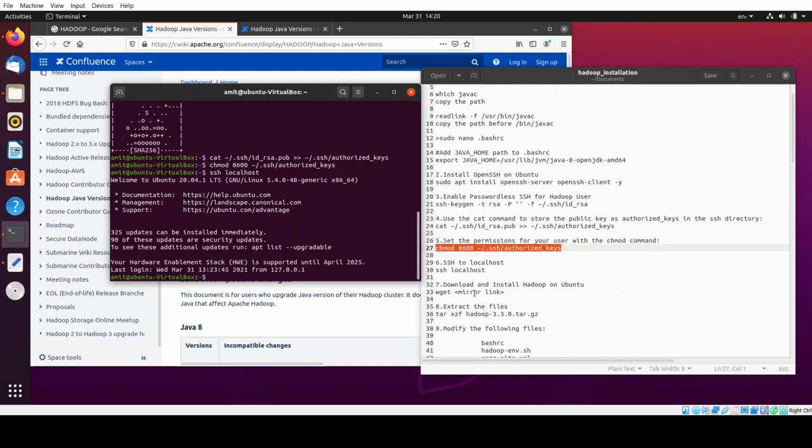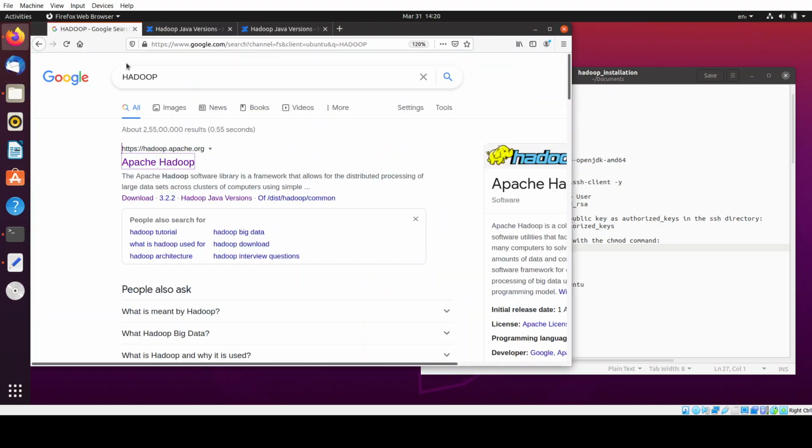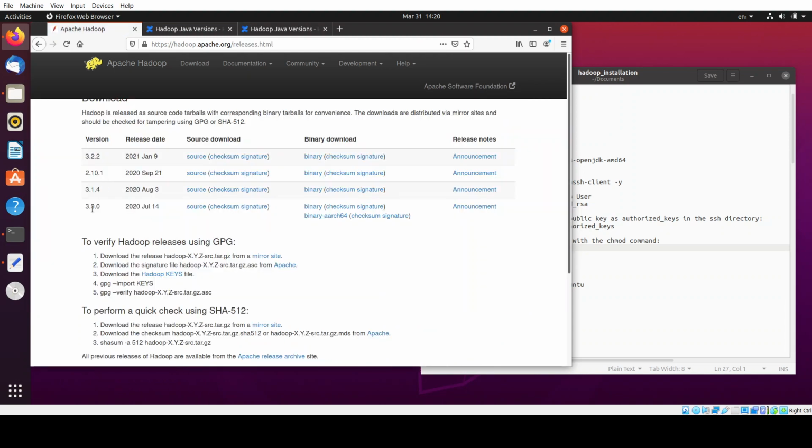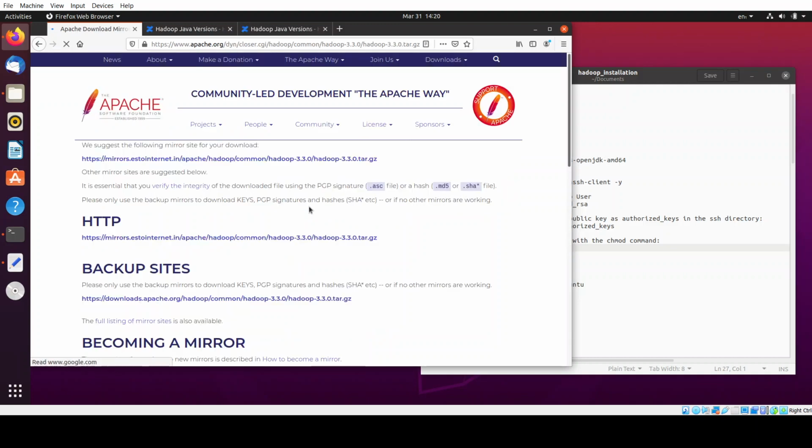Now the most important thing, we need to download and install Hadoop on Ubuntu. So we'll get the file. On the Hadoop website, in the download section, you will find the various versions of Hadoop whichever you want to download, and we will use the binary file for the installation. Click on binary in front of whichever version of Hadoop you want. You'll get the link.